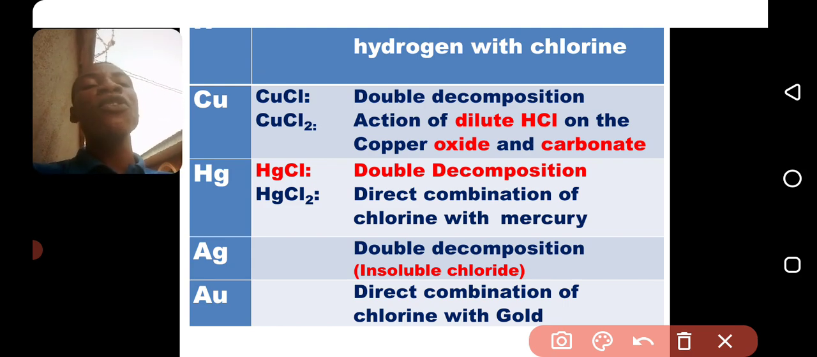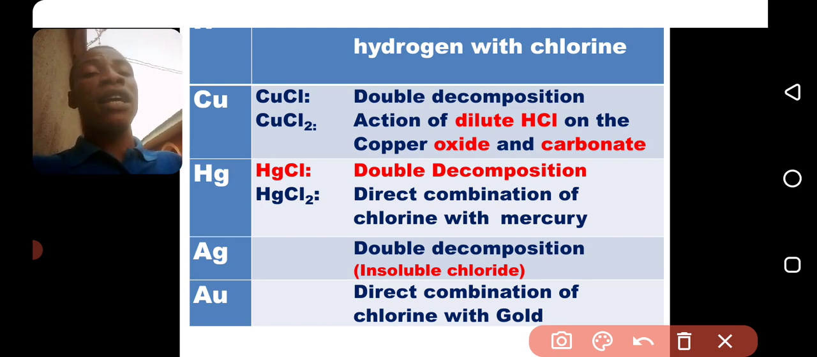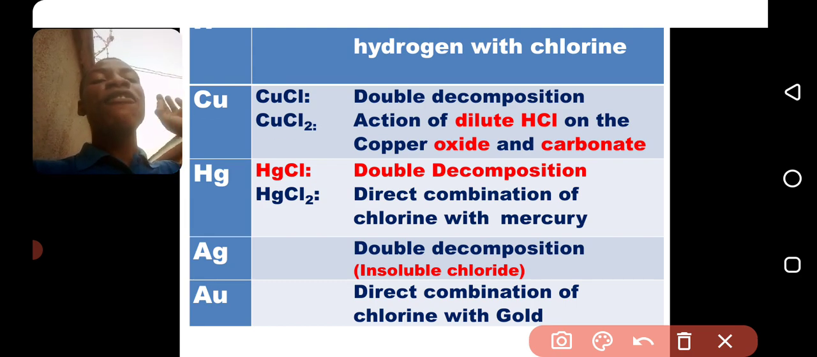Mercury can form mercury 1 and mercury 2. Mercury 1 chloride is insoluble, so it goes by the way of precipitation or double decomposition. But mercury 2 chloride can be prepared by direct combination of mercury and chlorine. So burn mercury metal inside chlorine gas, it gives you mercury 2 chloride. Then for silver,